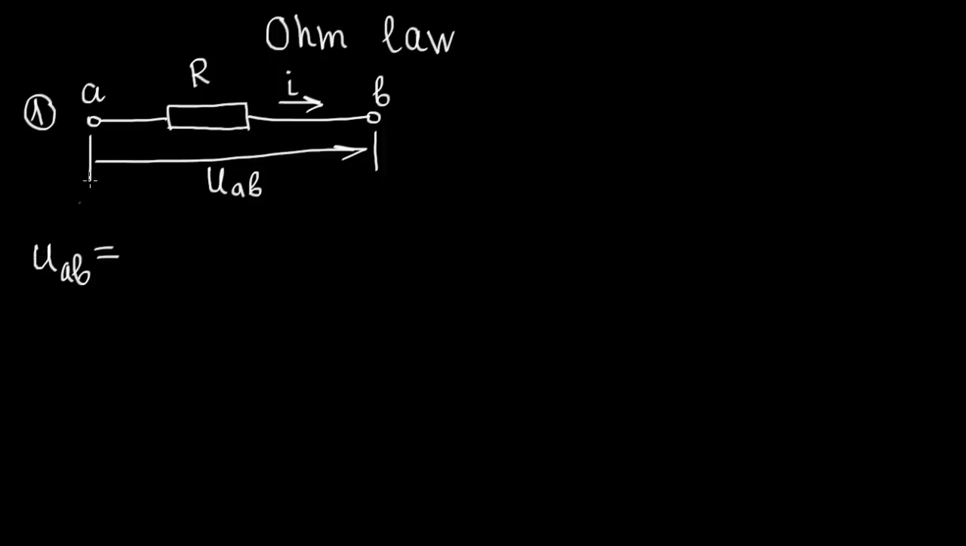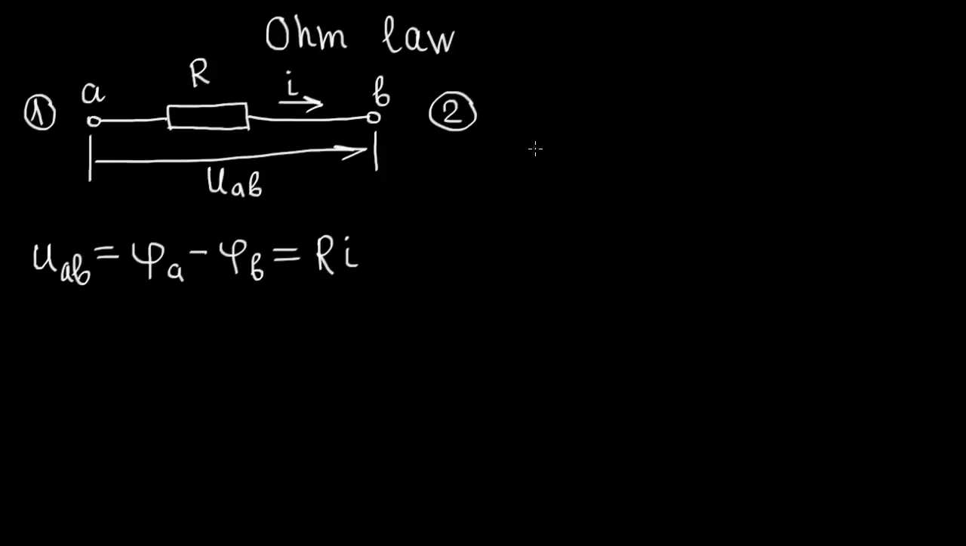the voltage between nodes A and B. As you remember, this voltage is defined as the difference of potential of the first node minus potential of the second node. And according to the simplest form of Ohm law, this voltage equals to resistance multiplied by current. Also,